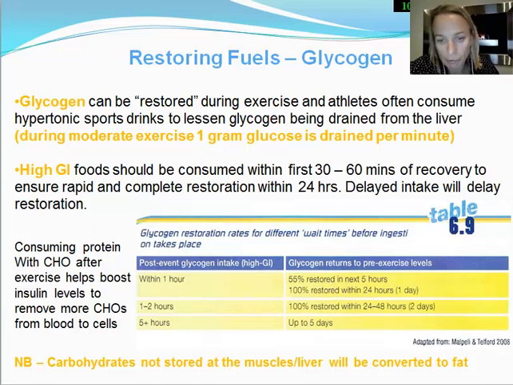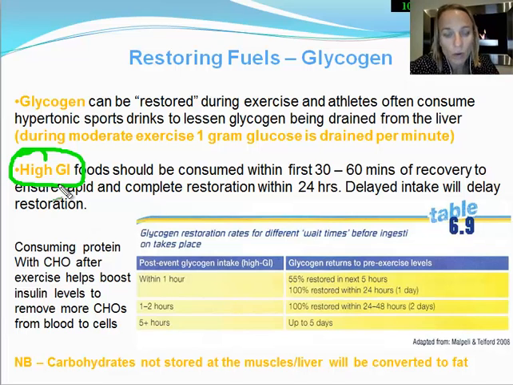So how do we combat this depletion of fuels, either the PC or the glycogen stores for the aerobic energy system? Well, we use foods or drinks throughout exercise, and our bodies prefer high GI foods. And what high GI means is that the food is closer to pure sugar, pure glucose, because this is easily absorbed into the blood. So athletes do this during extended